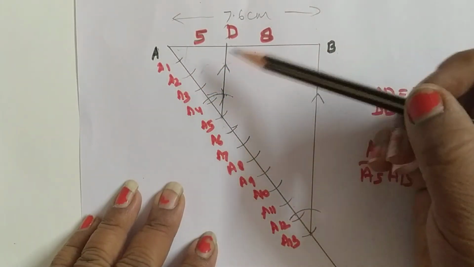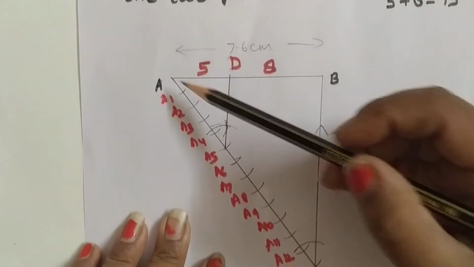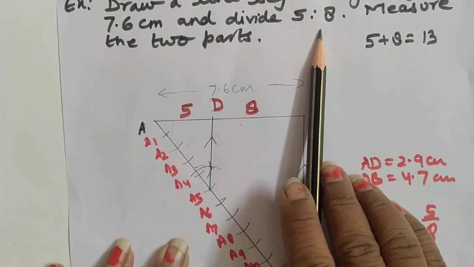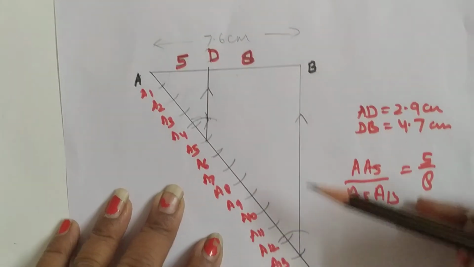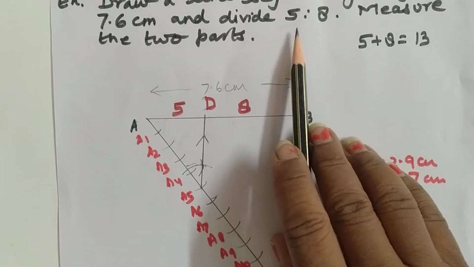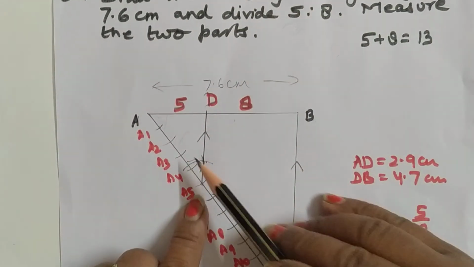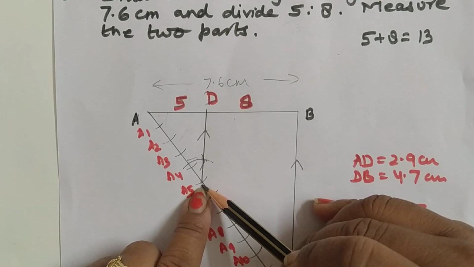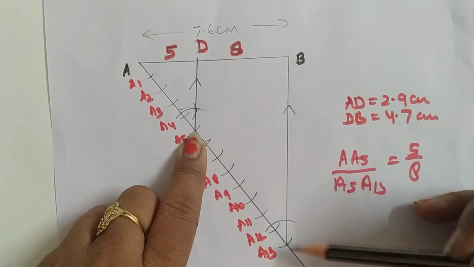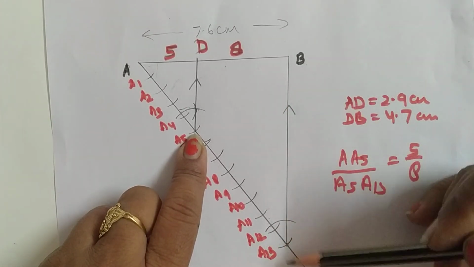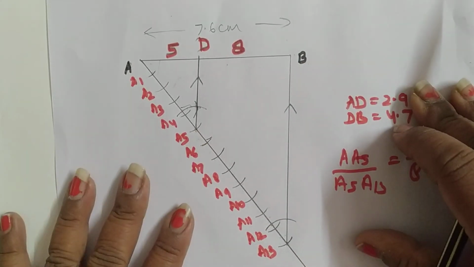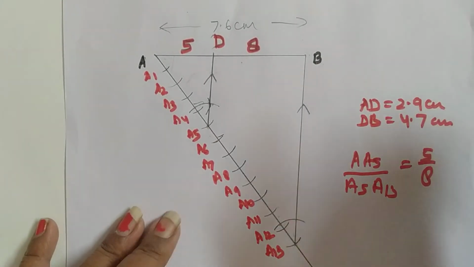So otherwise, I'm just revising this. First draw the line segment, then add the ratios, and then make a line, we can say, with an acute angle, and whatever the ratios are given, just add that and make equal parts. The last part should be added to the end point of the given line segment, and the numerator, that is, you have to check, and from the numerator part, suppose here it is A5, you have to draw the line segment that is parallel to the already drawn line from the end point to the end point of the line segment. I hope it is very clear to you. So, thank you, students.